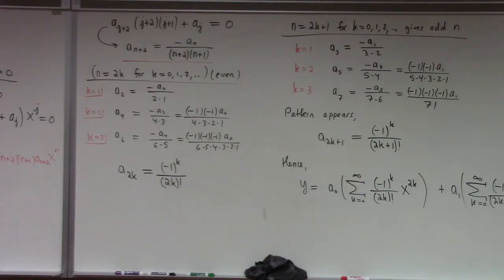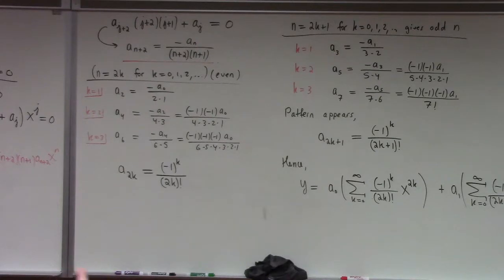In fact, we could use this to define sine and cosine if we were so inclined. You could define sine and cosine by these series and prove properties of them as a consequence. If you know the analysis, the term-by-term differentiation theory for series, it's not hard to prove that the derivative of the coefficient of the a1 is the coefficient of the a naught. And you can go on and prove adding angles formulas for these series. You can define pi in terms of, you can do all kinds of stuff with these series